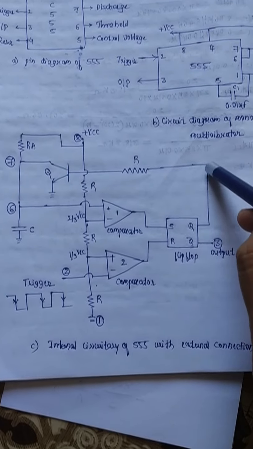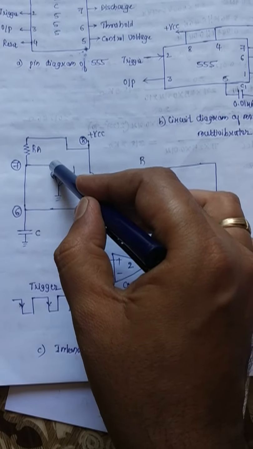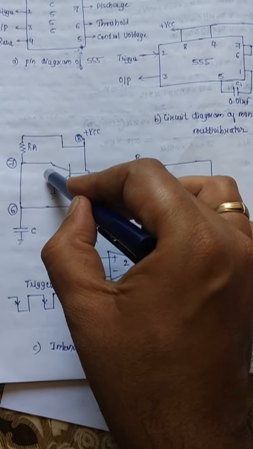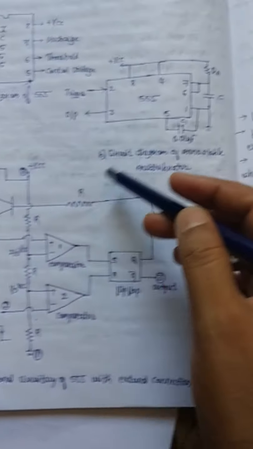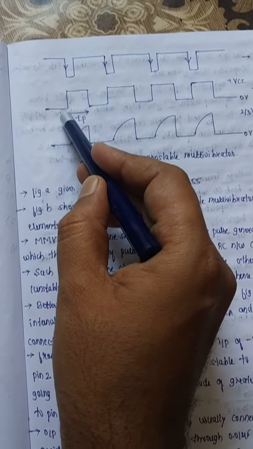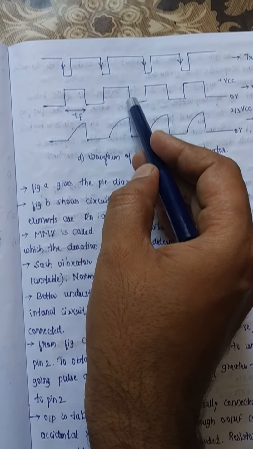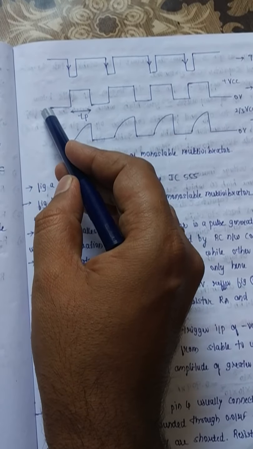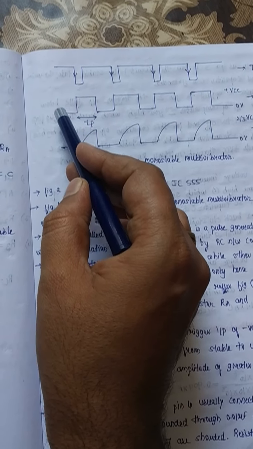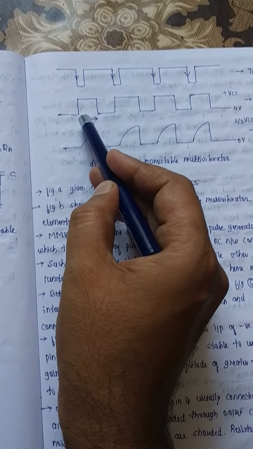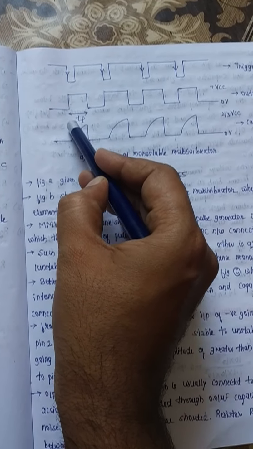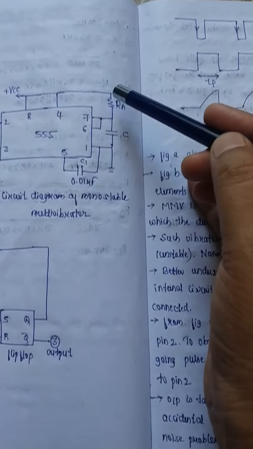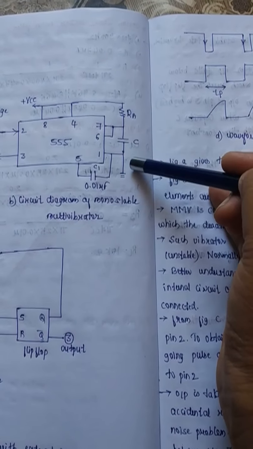So again it goes to the transistor becoming on, in the sense the capacitor will be discharged. So like this we are getting stable, unstable, stable, unstable. So we are almost in the sense monostable in the stable state itself, so the circuit is called a monostable. And whatever the unstable state is, that is TP, the period of this pulse, which is determined by external parameters like RA and C.